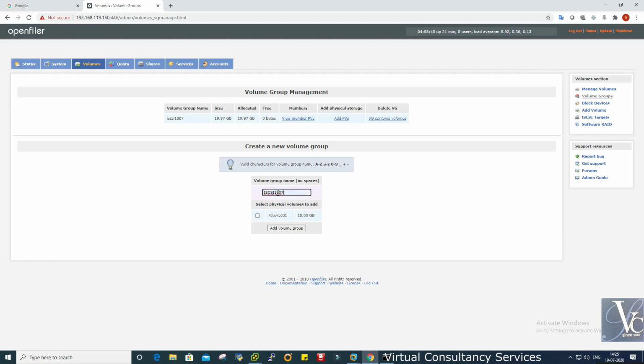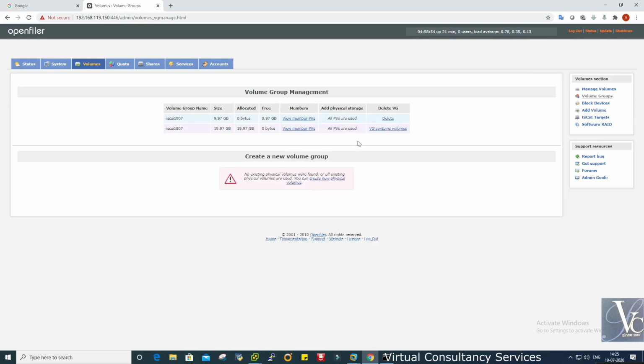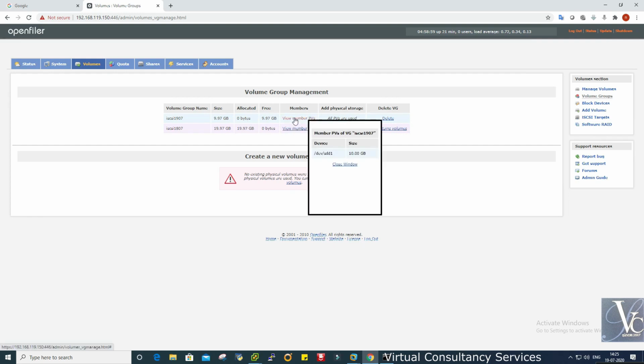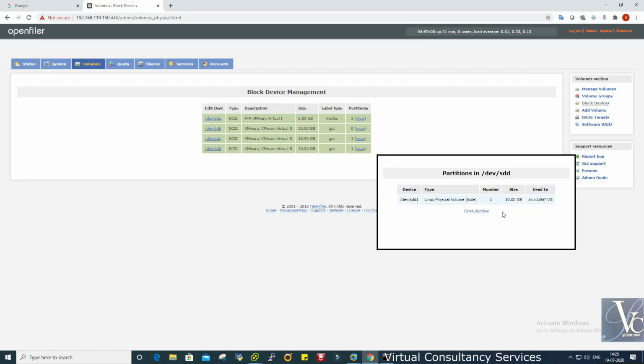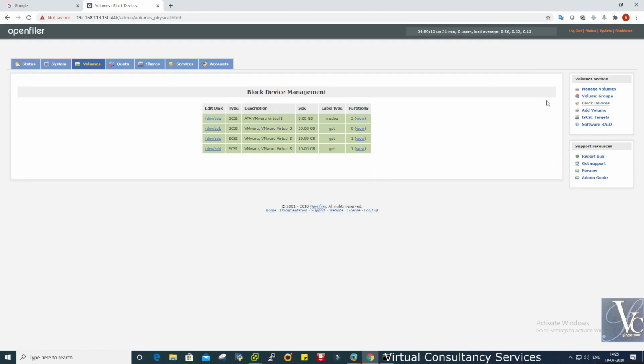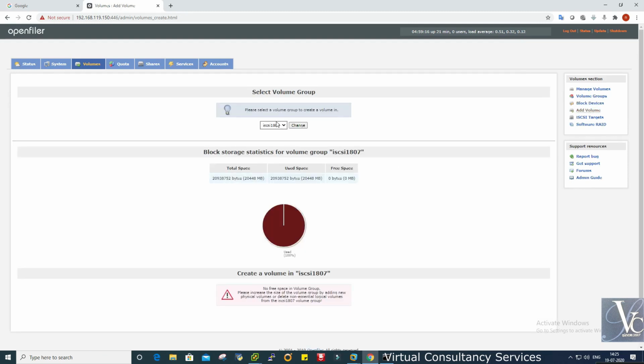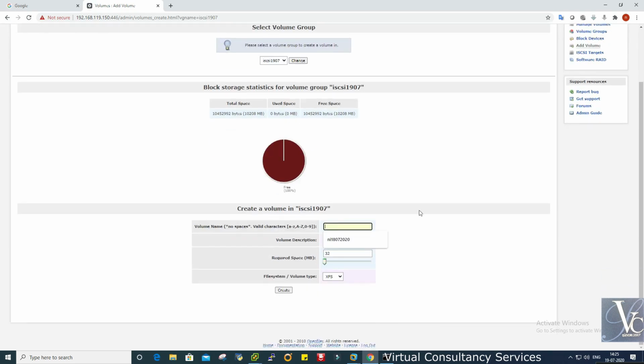Okay, so I will add it as a virtual volume group. Okay, this is added, today's date volume group.